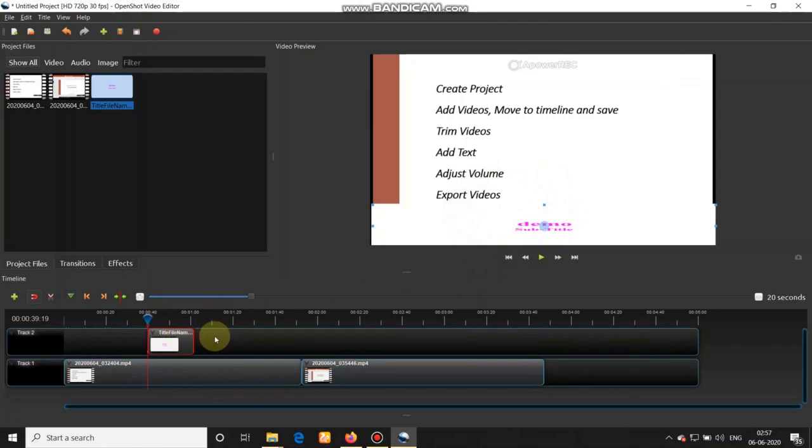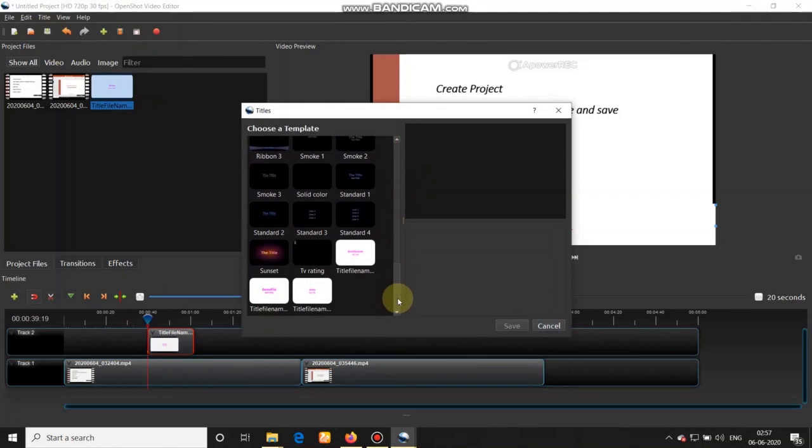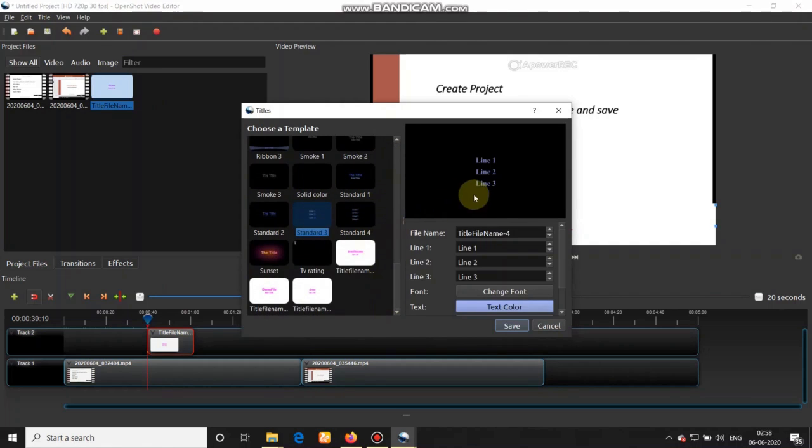If you want to create a text with multiple lines, you can select any of the other templates which are available. For example, for multiple lines, let's select standard 3. So you will find line 1, line 2, line 3.